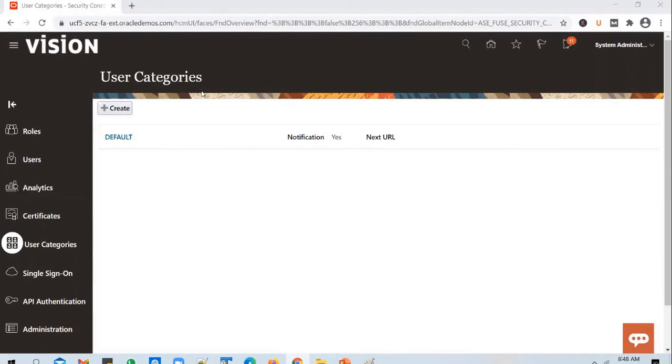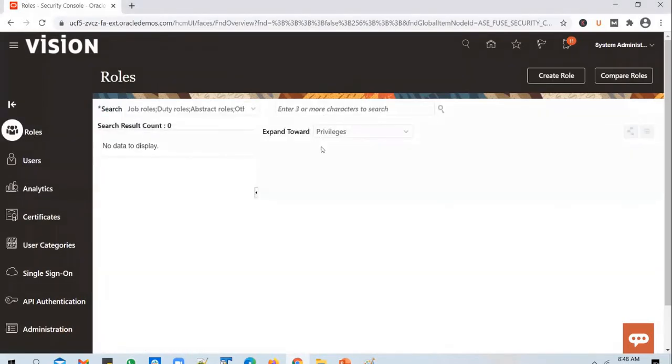Yeah, you can control it. When you create a role, you can define it as an auto provisioned role. What that means is whenever a user gets created, that particular role gets automatically provisioned. We usually set up employee as an auto provision role. So whenever a user gets created, the employee role gets assigned.